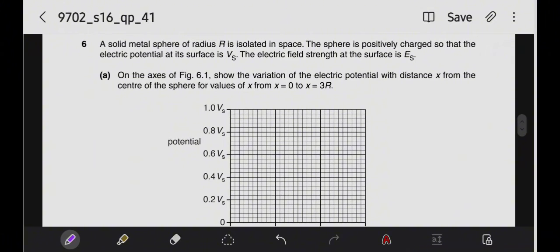Question number 6. A solid metal sphere of radius r is isolated in space. The sphere is positively charged so that the electric potential at its surface is Vs. The electric field strength at the surface is Es. On the axis of figure 6.1, show the variation of electric potential with distance x from the center of the sphere for values of x from 0 to 3r. So the formula for electric potential is